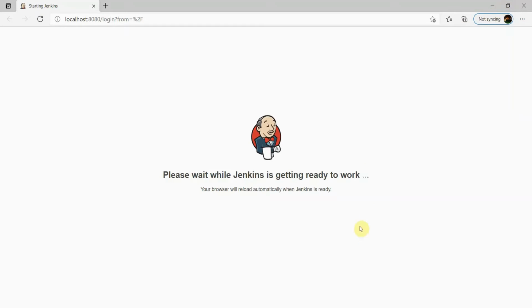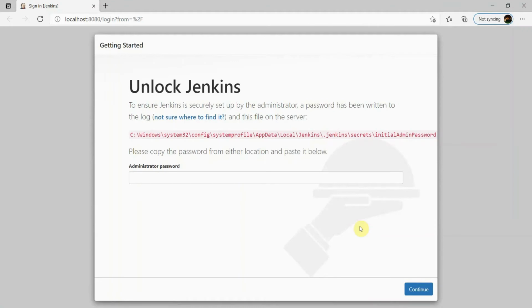Here it's starting the Jenkins server, and the browser will be loading in a moment. It's preparing because this is the first time installation, so it will take some time to get ready. Here we are done.